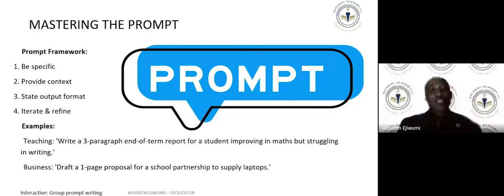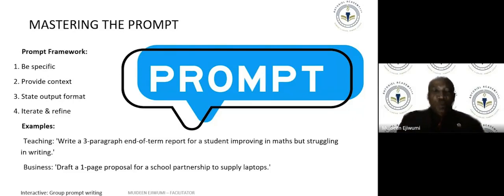Also look at the business one. Draft a 1-page proposal for a school partnership to supply laptops. It's still not specific enough, but this prompt can still be expanded to provide more context. Not just a school partnership to supply laptops. You may want to narrow it down so that you get a particular result.